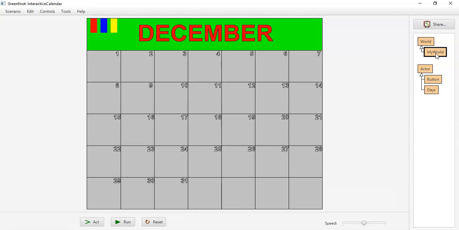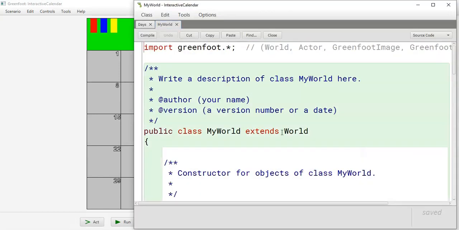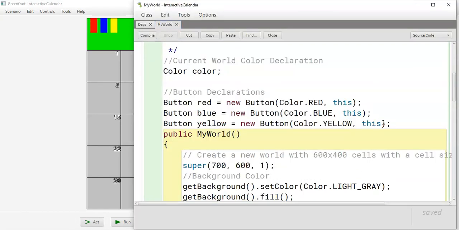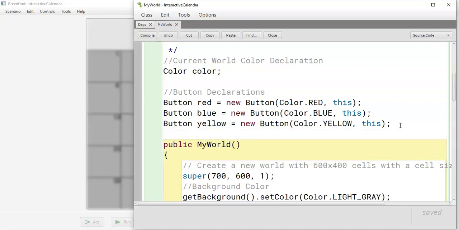So the first thing I'm going to do is I'm going to create an array of strings that will set up each month. So I can do String month, open close bracket, equals, curly bracket, and we'll have January through